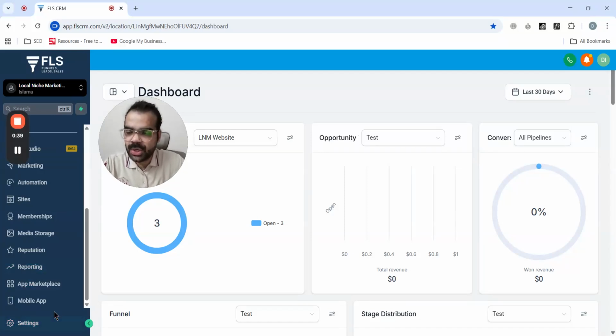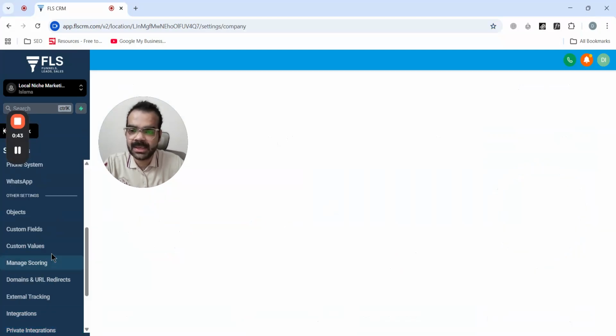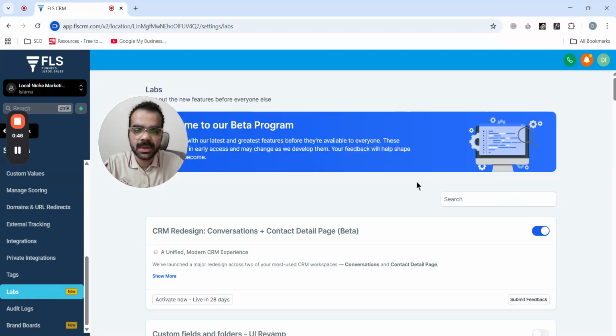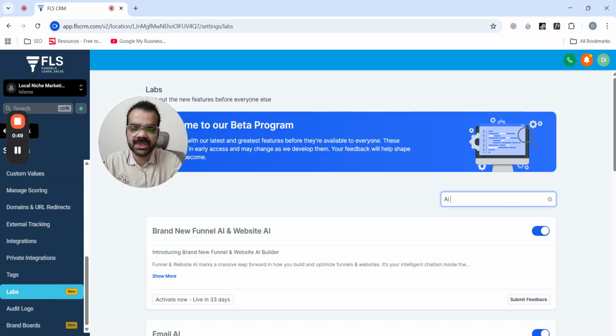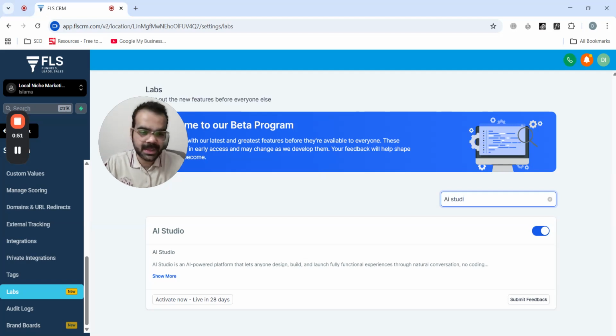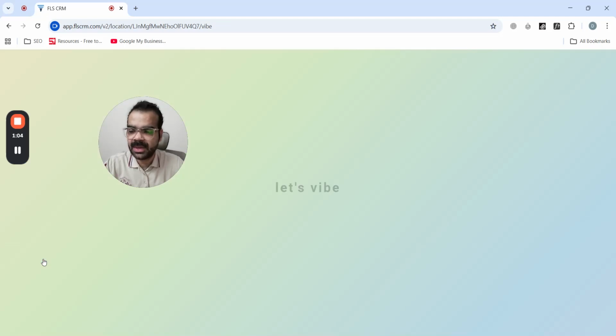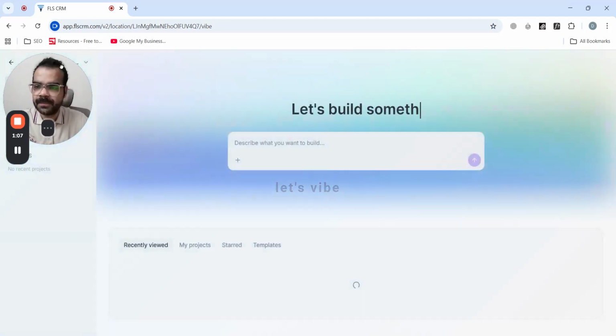Now, in order to enable this, you have to go to your settings and click Labs, and then you can search for AI Studio here. For my sub account, it is already enabled. If that is not enabled in your account and you want to use it, you'll have to turn it on. Once that is turned on, click on the AI Studio here,